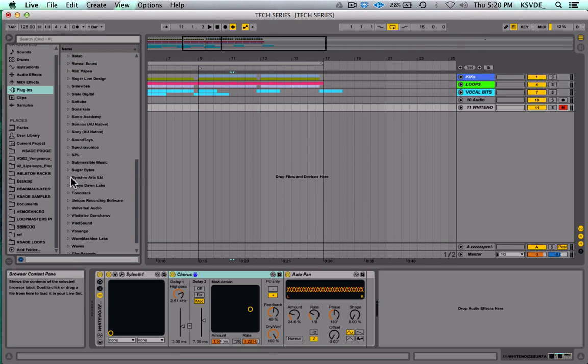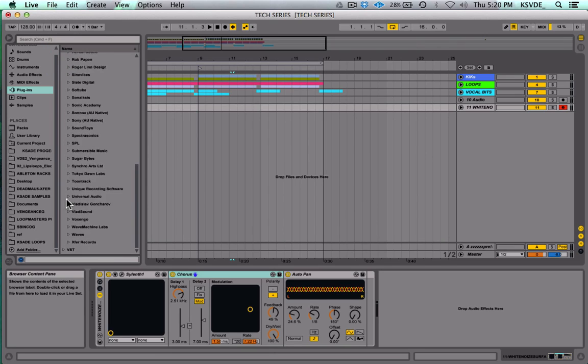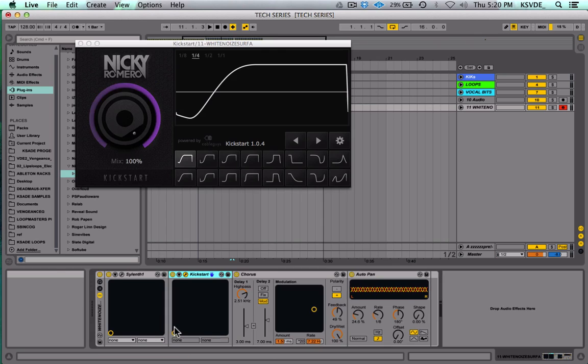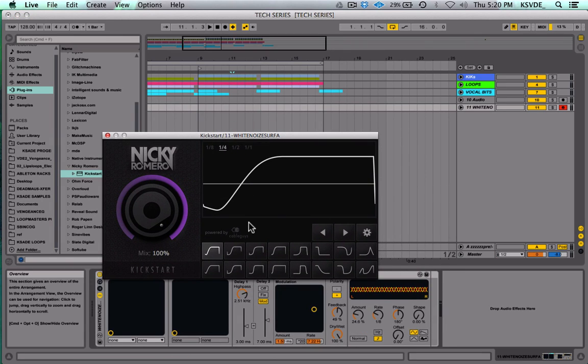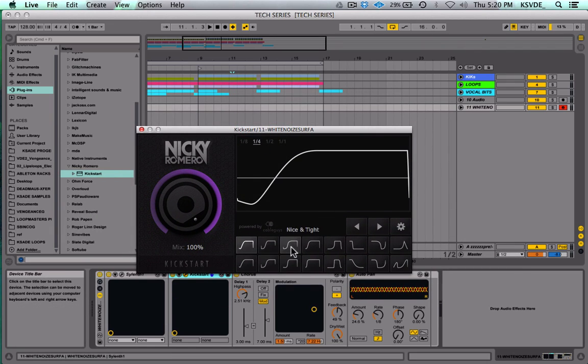Really, it is really one of my favorite plugins. It's Kickstart by Nicky Romero's company. And so this is like a $15 sidechain plugin, totally worth it. I use this all the time. And when you freeze stuff, you can freeze stuff without getting routing errors with this sidechain. It's really awesome. So I'm probably going to set it to a classic chain, bring it to around 70%, and